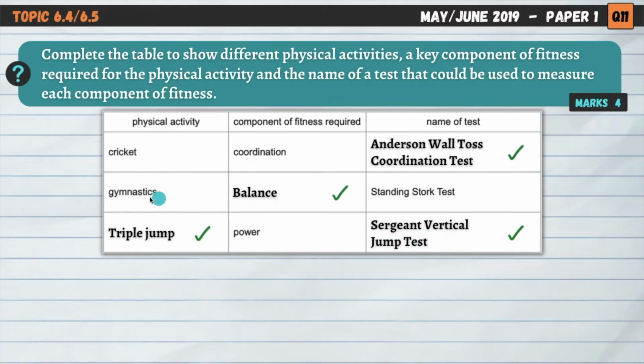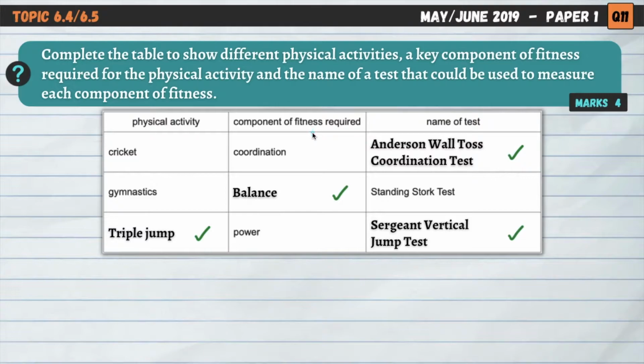And then this second row here, we've got gymnastics as our physical activity and the component of fitness required is balance. How do we know that? Because the name of the test is the standing stork test, and you should know that that is the test for balance. And then the first row here, we've got cricket as the physical activity, coordination as the component of